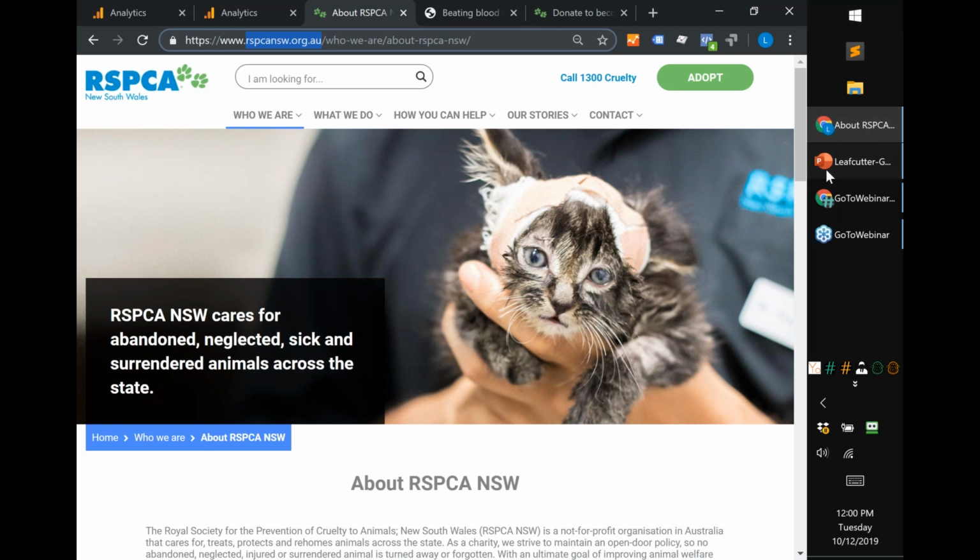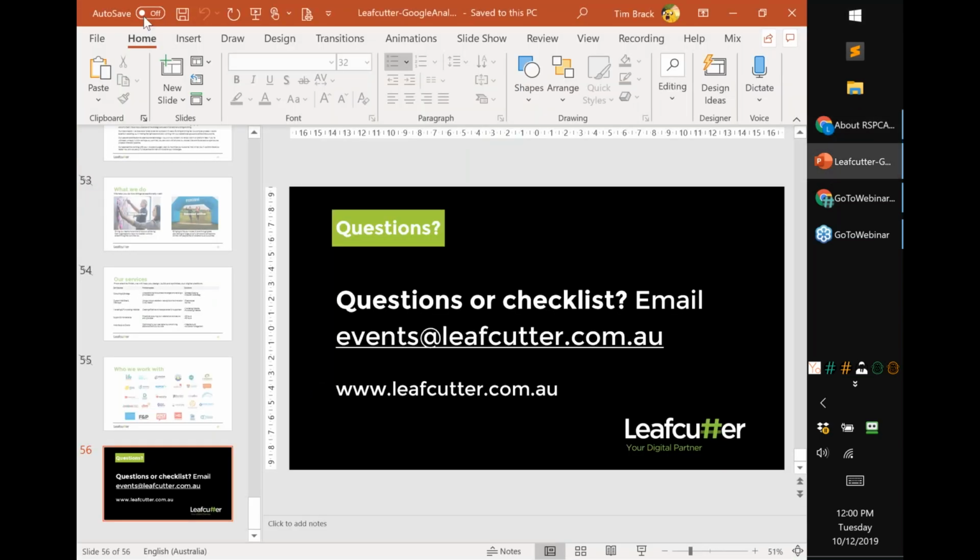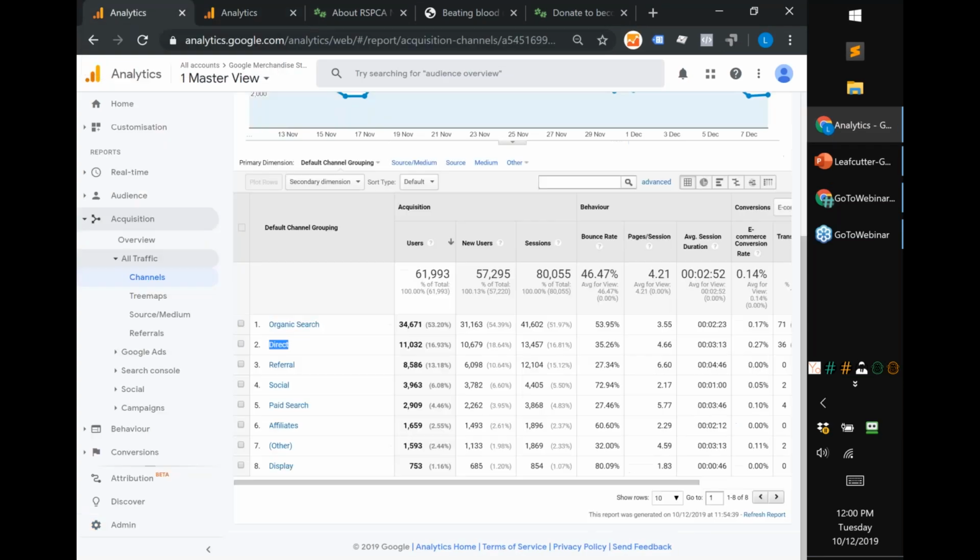Now, the problem is that not every agency or team of marketers understands that if you use a medium of CPC, that will automatically put the traffic into paid search, CPC being an acronym for cost per click. Google Analytics has a rule: it's CPC, okay, that is now part of paid search. When really, I either want to put it into social, or ideally into a paid social channel, a new channel that I create.